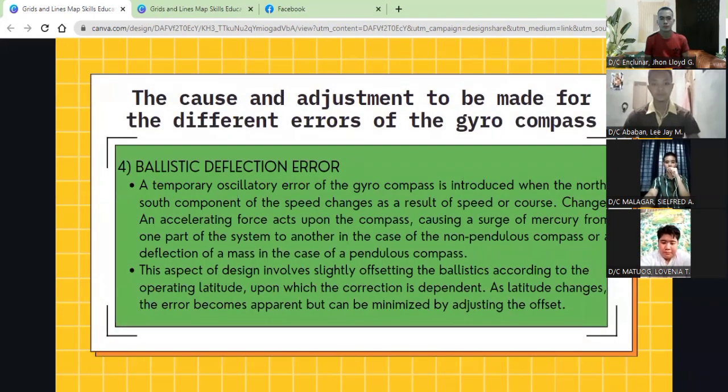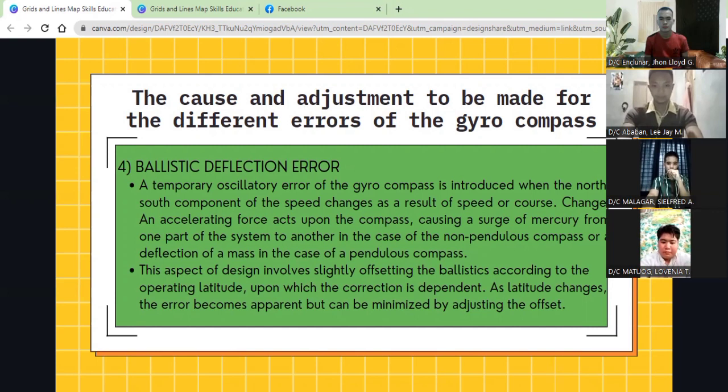ballistic deflection error. A temporary oscillatory error of the gyro compass is introduced when the north-south component of the speed changes as a result of a change of speed or course. An accelerating force acts upon the compass, causing a surge of mercury from one part of the system to another in the case of the